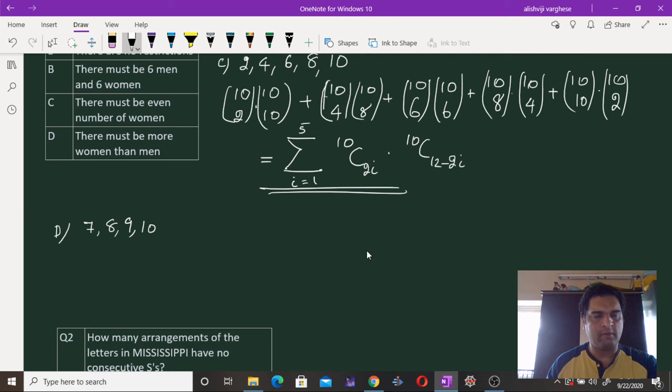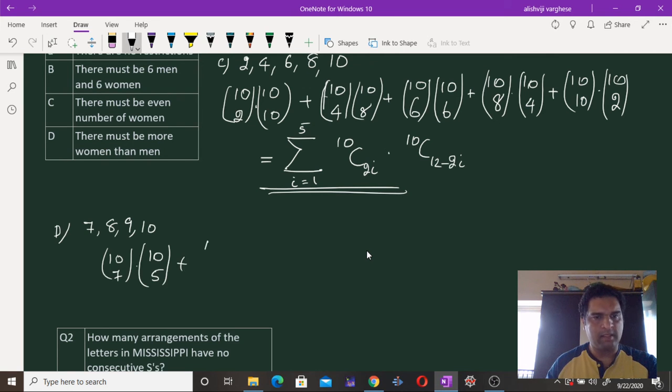Then more than 10 women is not possible because there are only 10 women. So we have to find the number of ways in which we can form a committee with 7 women, which is to be chosen from 10. So 10C7 into 10C5 (the remaining 5),